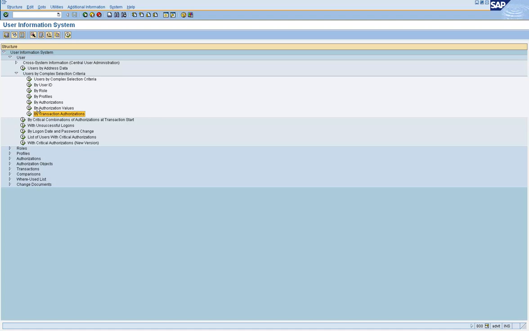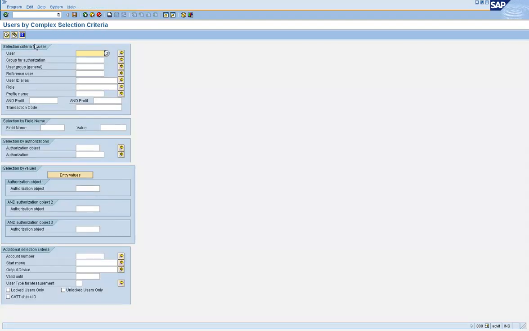Now, let's take a look at this option. Whatever you can do in these nodes, from this point to this point, you can do from here also. This gives you everything. So give the transaction code here, the last option that we just saw, and it will give you that list.